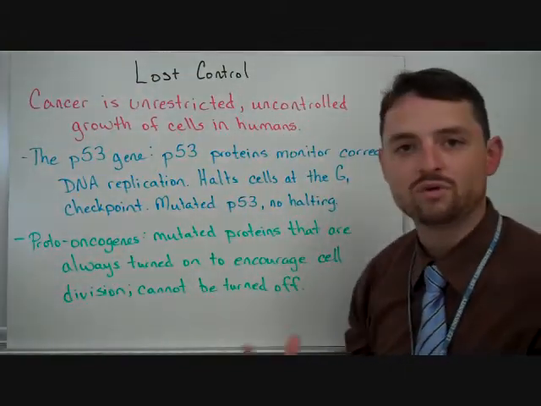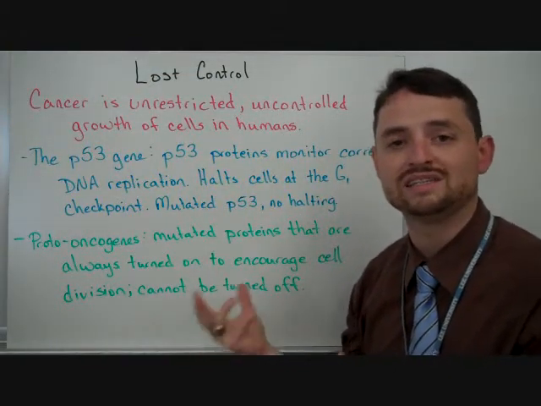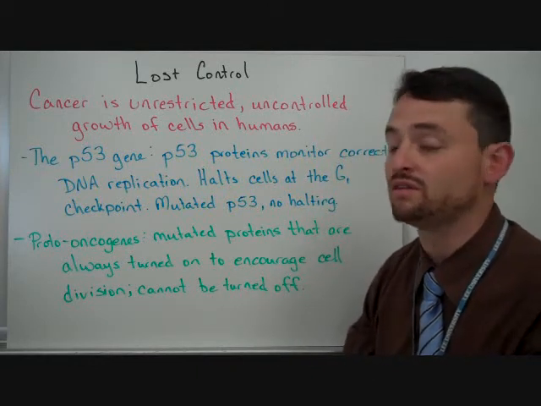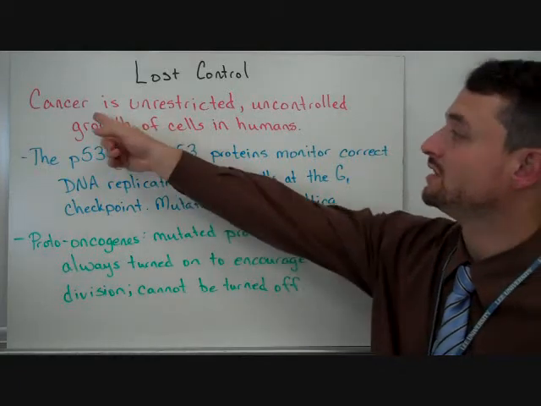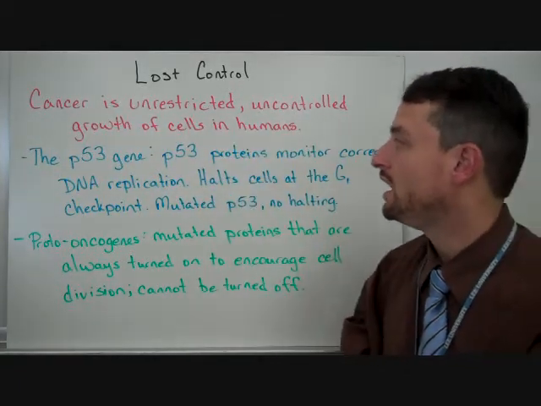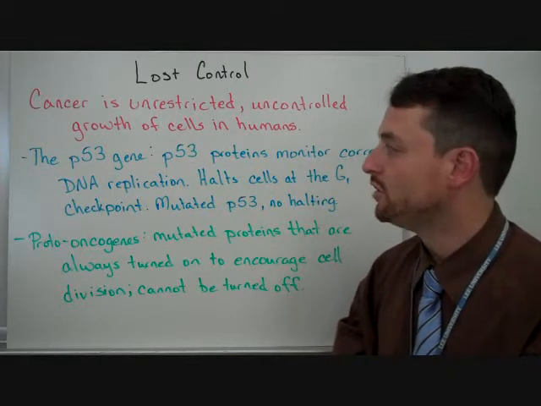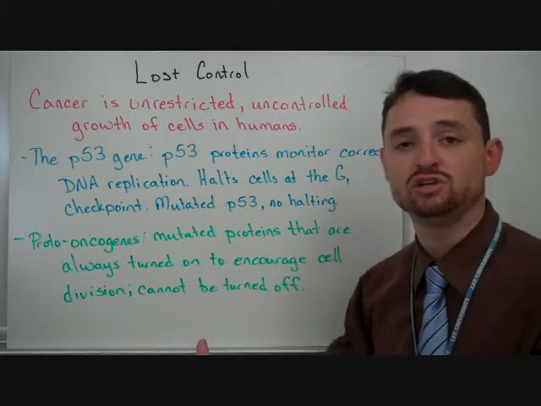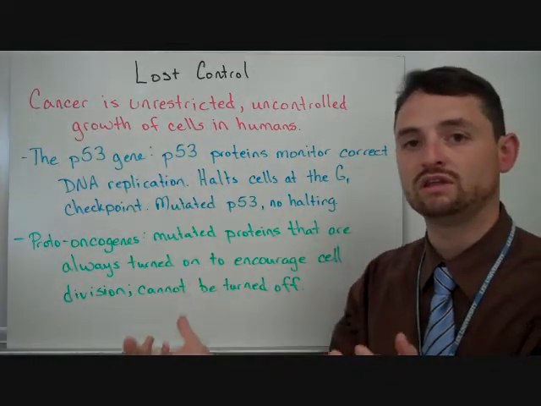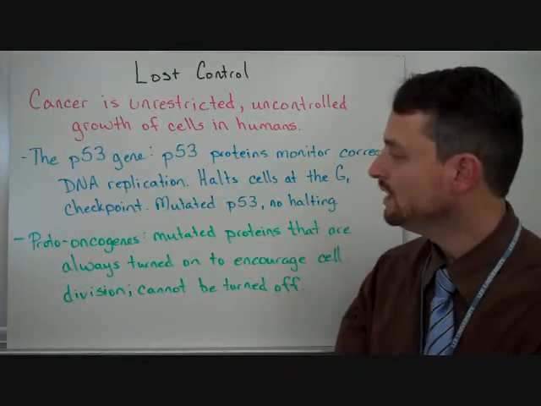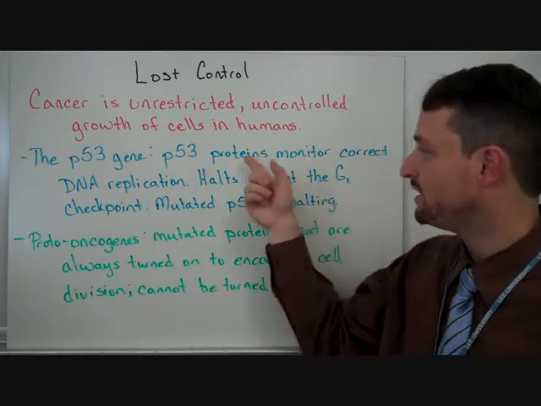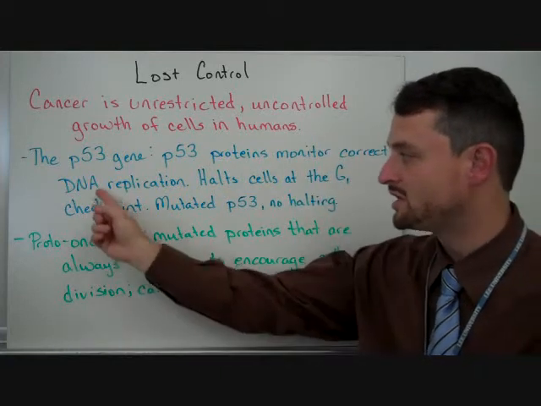The last thing we're looking at is what happens when control is lost. If this is a very controlled process, then what happens whenever that process isn't controlled? Well, you get cancer. Cancer is unrestricted and unrestrained, uncontrolled growth of cells in humans. So that mass of cells, that's a tumor, and that is cancer, and that's just a growth of cells that's not being controlled. A couple of genes that are associated with those, the P53 gene, P53 proteins monitor correct DNA